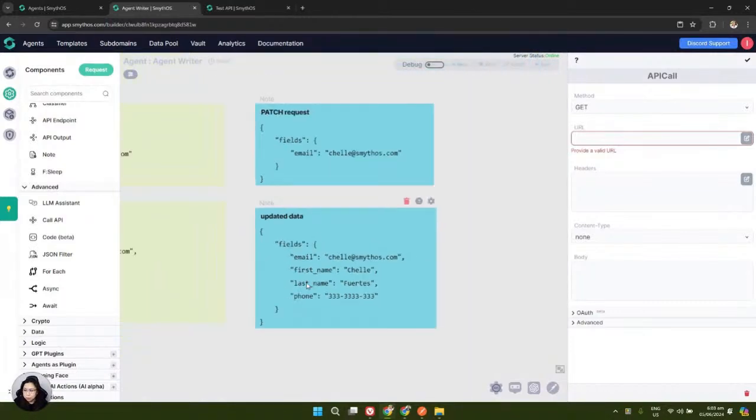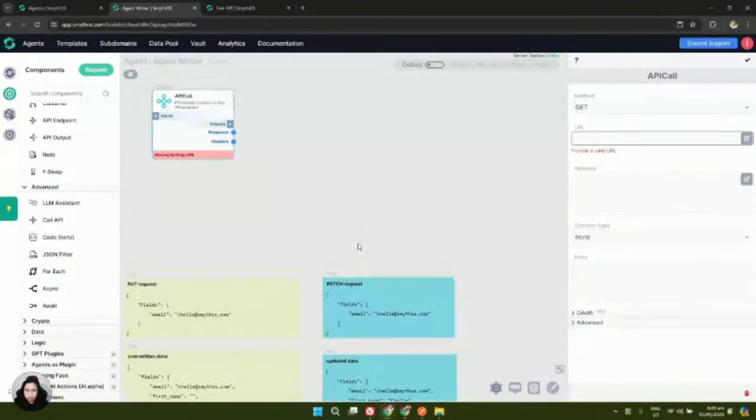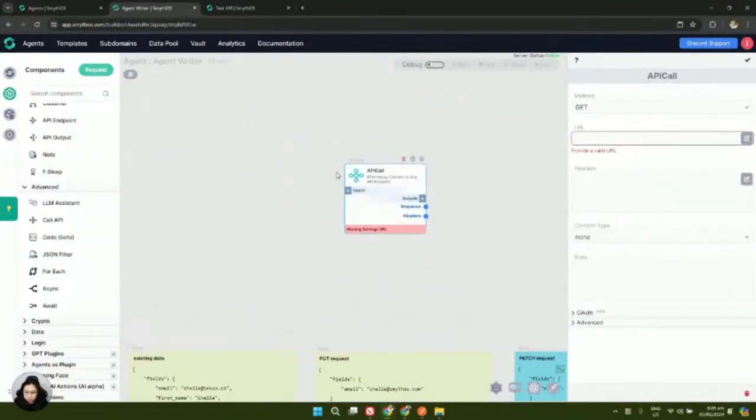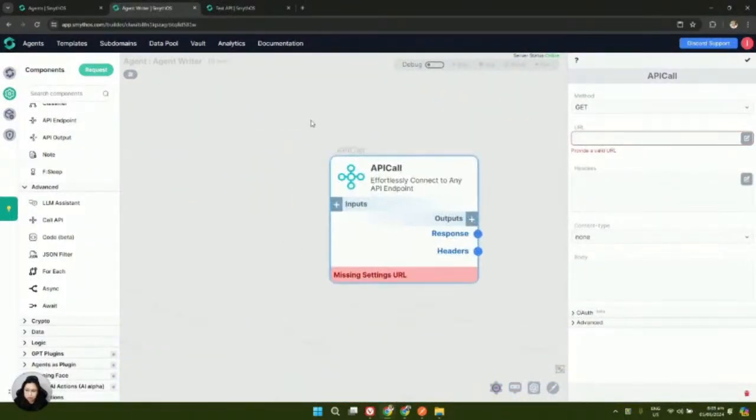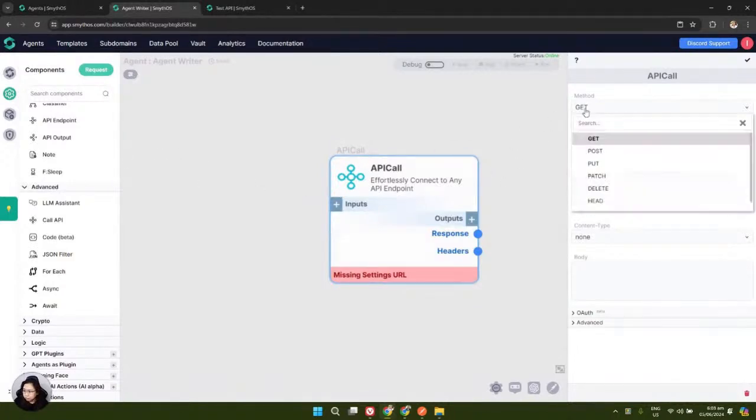Okay, so between the two, if you're just making partial modifications, it's always recommended to just use patch. If the server provides a way for a user to do a patch request, just go with patch. Okay. Next is